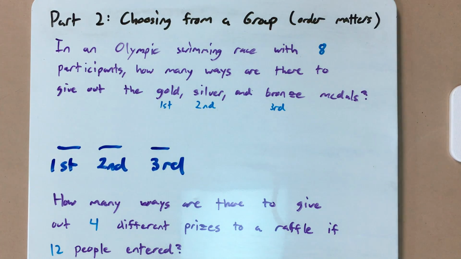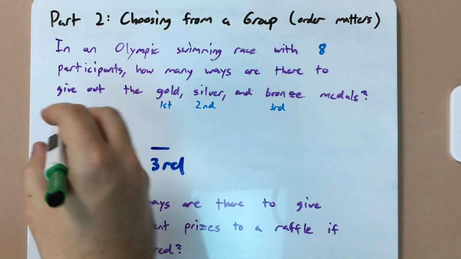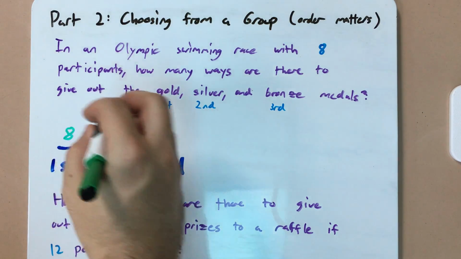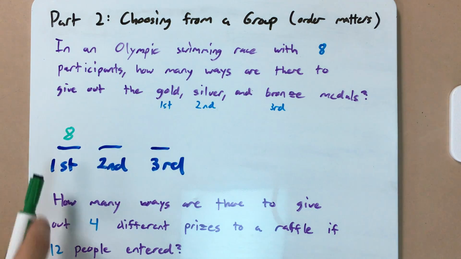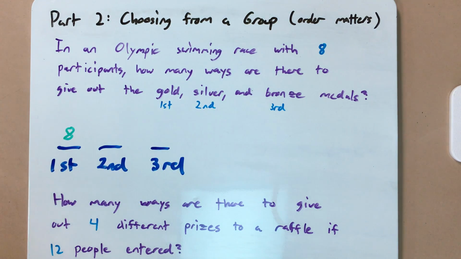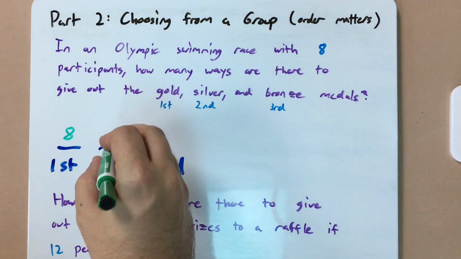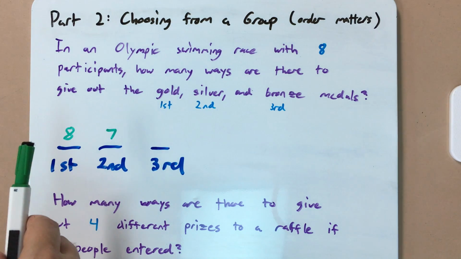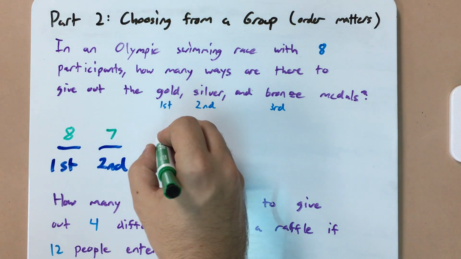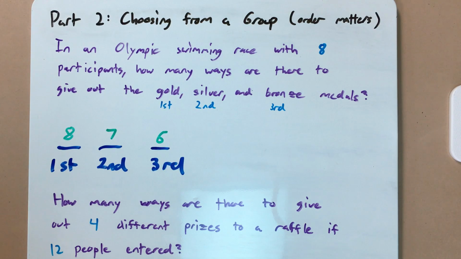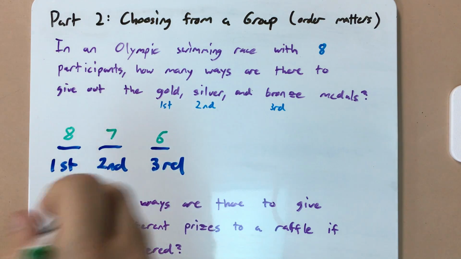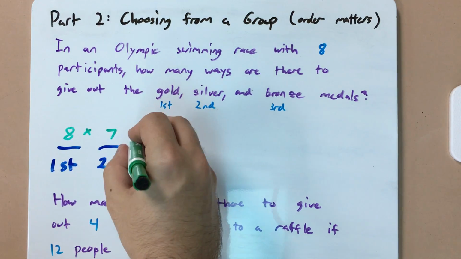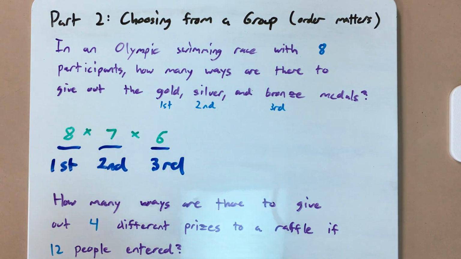So how many racers can finish first? Well, if nobody's finished, that means that all 8 racers are still going. So there's 8 possible racers who can finish first. But let's say someone does, and most likely it's Michael Phelps. That means that there are now 7 racers who can finish second and take the silver medal. And then once someone finishes second, now there's 6 possibilities of people who can finish third and get the bronze medal. So if we multiply 8 times 7 times 6,